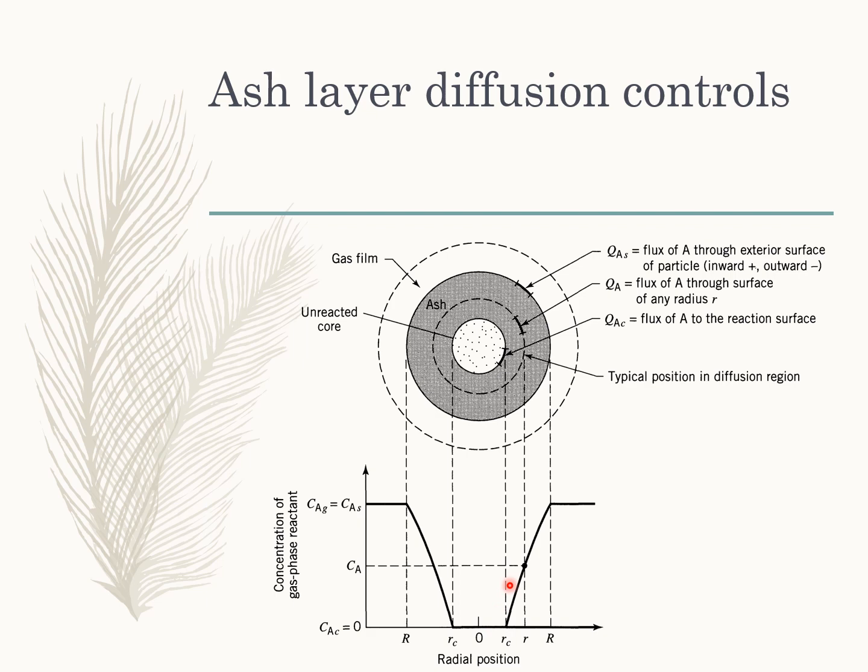Now we will be defining some notations that will help us proceed with the calculations, which are the fluxes of A. The flux of A that will be entering through the exterior surface will be denoted as QAS. The one entering through any surface of radius r, you can see here it's the dashed one, will be denoted as QA, and that entering through the surface of the unreacted core is QAC. So,